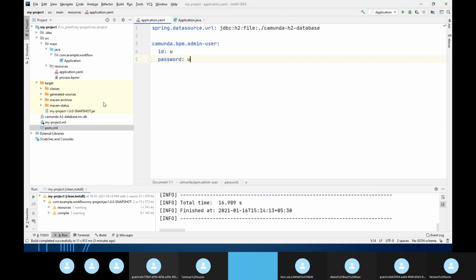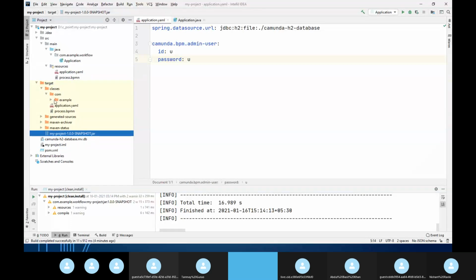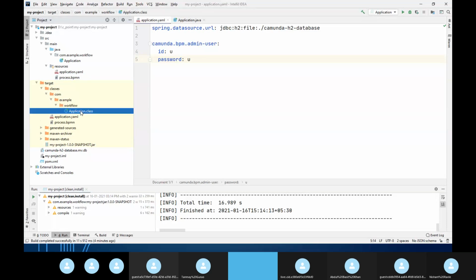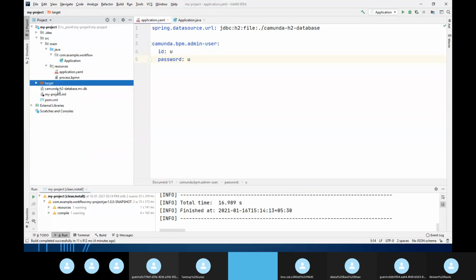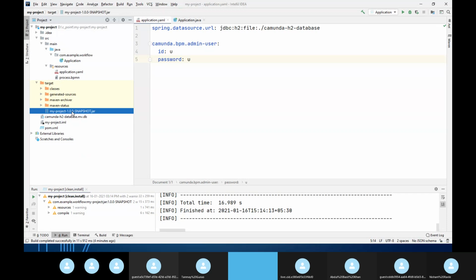But if I want to run a project, what will I do? Running a project means running this file, nothing else. This file can be a jar, this file can be a war. If you research a bit more, just like if I open a class file, I will find bytecode, correct? Similarly, if I open a jar file or a war file, which is a bundle of my application, it will contain all the libraries that this application is using plus any logic that I am writing. So it is basically creating one more library.